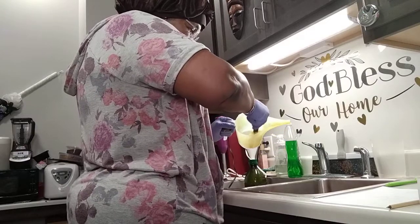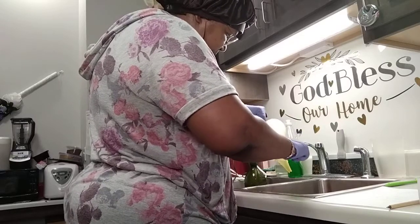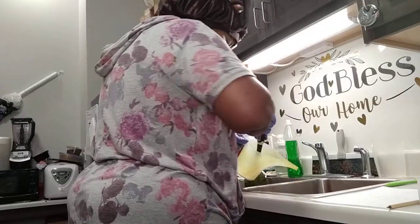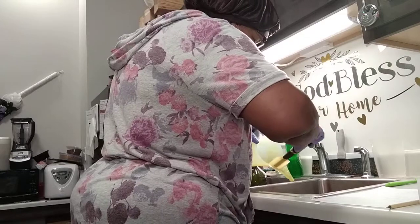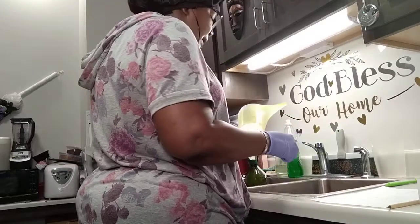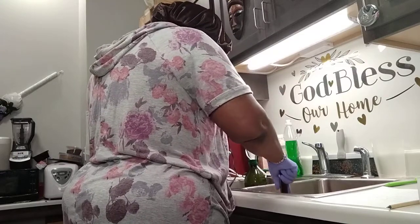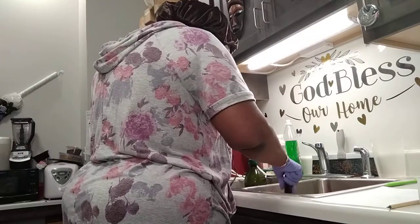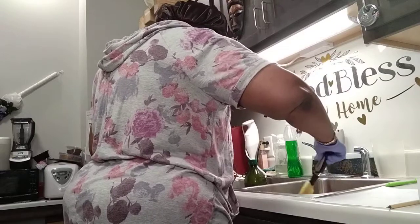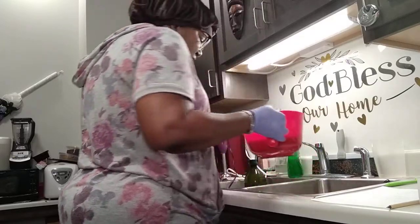I purposely use powdered turmeric because it doesn't stain as badly as fresh turmeric, but yeah, it still stains. I'm thinking the lye will saponify most of the stain properties out because I've checked with many of my soapy friends and they said they had no problem after the saponification process. But the issue is during the infusion process and all that, I'm still seeing staining, so that's my concern. This is my first time making a turmeric soap, so I don't know if it's going to cause the issues